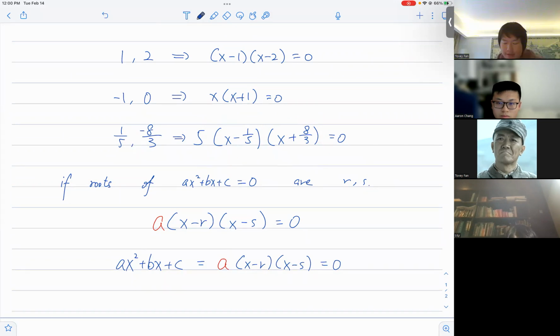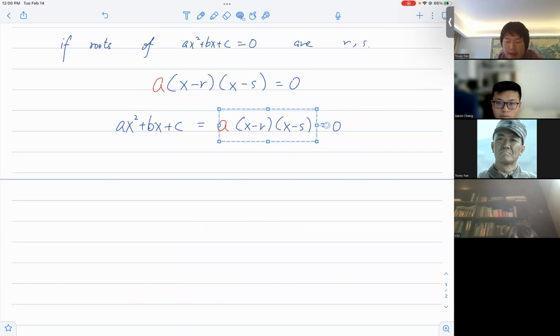Okay, hope that makes sense. So that's why we times by a, to match the leading coefficient. Or like Aaron said, you can change it to 1, right? If you want to change it to 1, basically you can divide this by a, so that it becomes